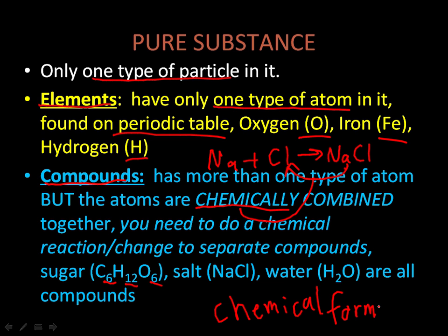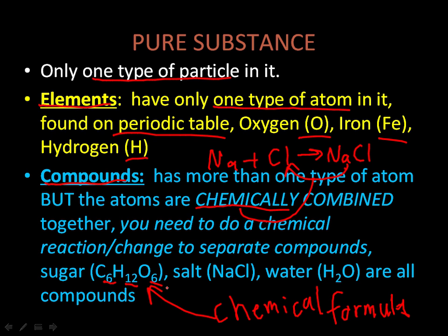Examples of compounds are sugar, salt, and water. Notice all of these can be written in a chemical formula. Elements have chemical symbols and they're found on the periodic table. They're made of one type of atom. Compounds are chemically combined atoms that have chemical formulas. Now,